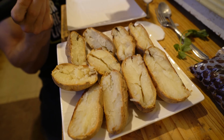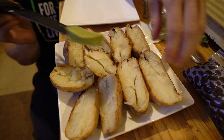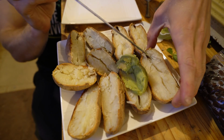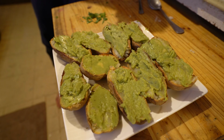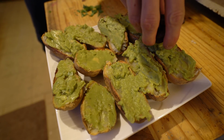So I'm gonna take some avocado. This is just mashed avocado. It's not guacamole, in terms of having a bunch of extra spices or anything like that. I'm just gonna put it onto each one right here, and this is gonna be the base top layer of each potato. Alright, and now we're just going to top each of these with a little bit of